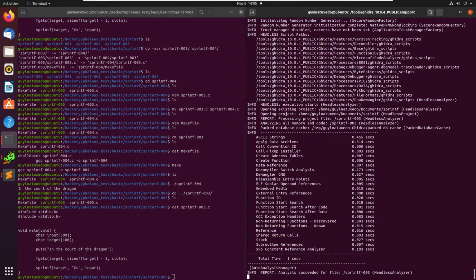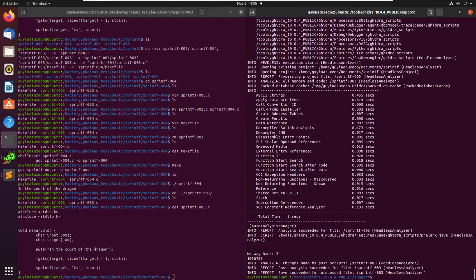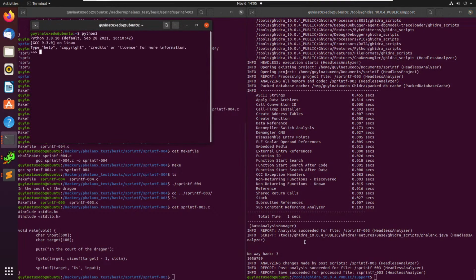Okay, let's see, what does it get? What is this value in hex? So it's getting an offset that's a little